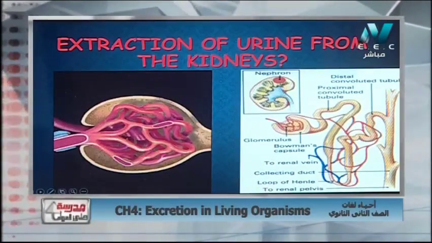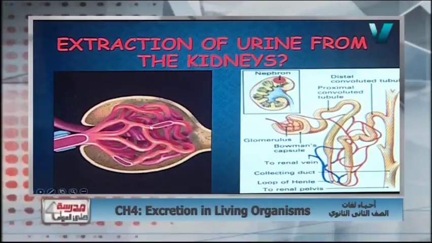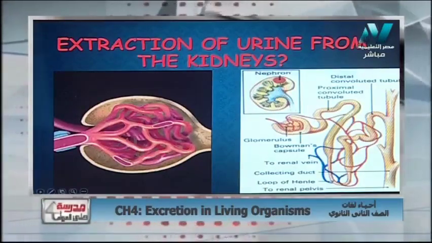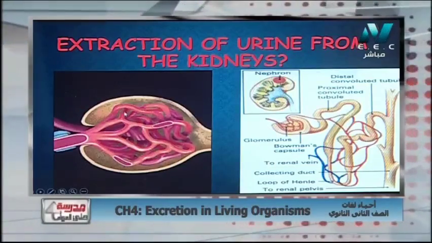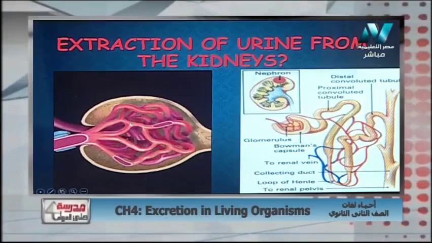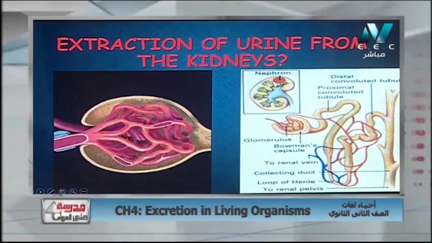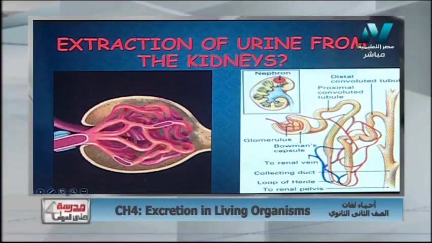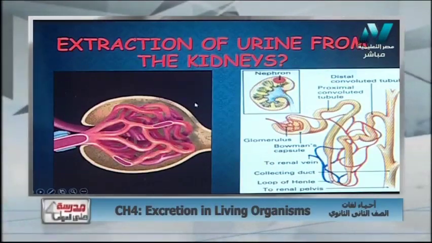Can you remember? Yes, most of the plasma is water with dissolved substances, salts, sugars, or waste materials. All of these substances, or even poisonous substances, all of them are present in the plasma. So this plasma is filtered out into Bowman's capsule, and this liquid goes into the tubules of the kidney.